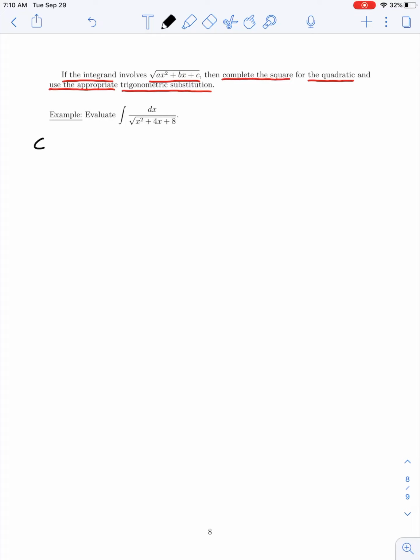So here, I'll start by saying completing the square, we have the quadratic under the radical in our denominator